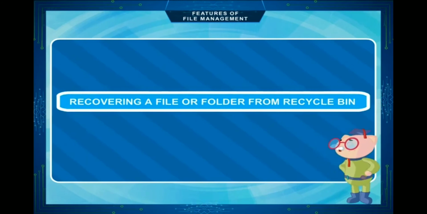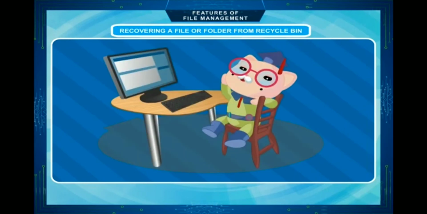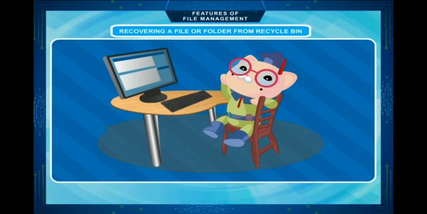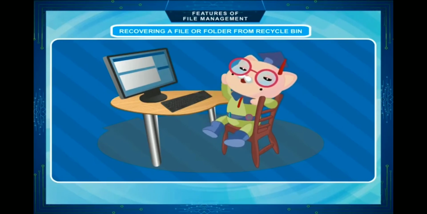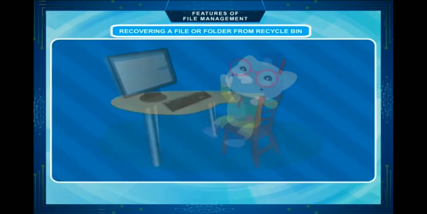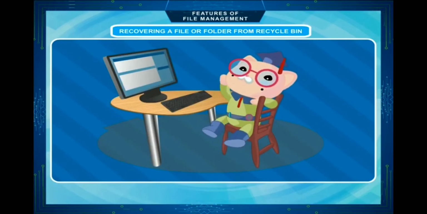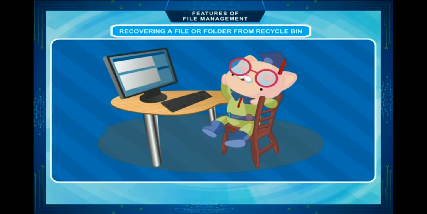Recovering a file or folder from the Recycle Bin. The Recycle Bin is a folder where the deleted files or folders are preserved for a certain time so that they can be recovered after accidental deletion. Normally, the Recycle Bin folder appears on the desktop of Windows. You can recover the deleted item until it is removed from the Recycle Bin. So, you must recover it as soon as possible. The method of recovering the file or folder is